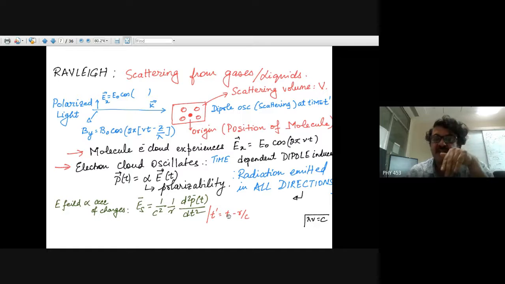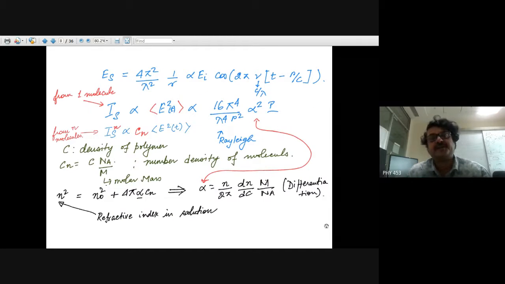So if t is the current time, the position of the light wave is here, r at time t, then it depends upon t'. And just to remind you, lambda being the wavelength and nu the frequency, the product of the two is the speed of light. Okay, so the scattered intensity,